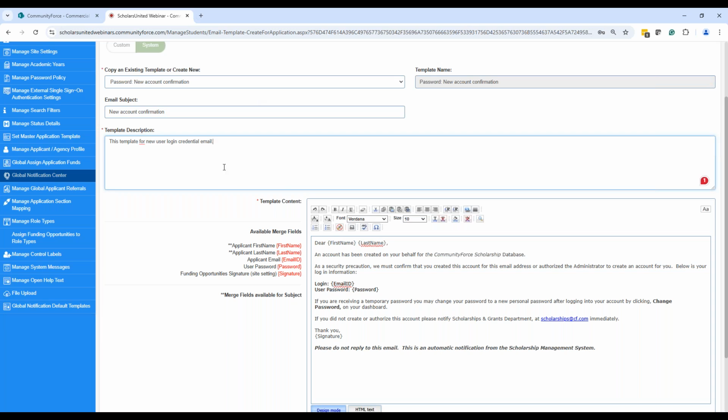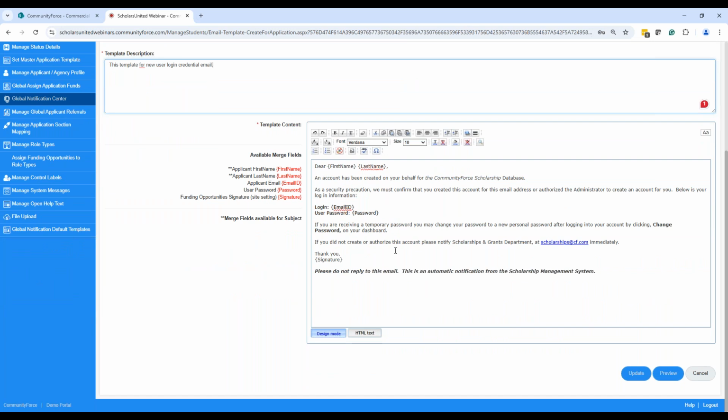You can always edit those, because if it doesn't have meaning to you, you can change it to something that might mean more to your organization, in your terms. Of course, here, this is a password template, and so there is a password in here. That's fine. You can put passwords. You can see these are the system templates, and this is the merge fields I can use. And so the password